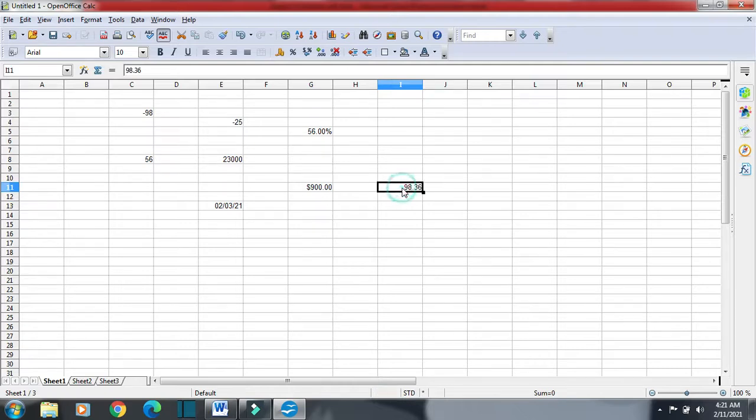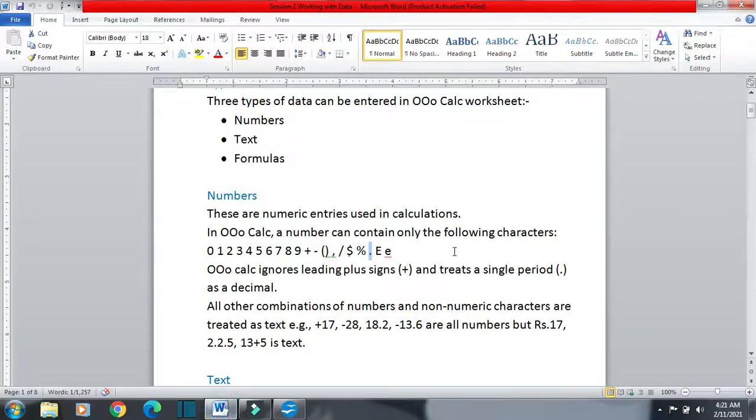So it is seen as a number. But if we put double, then you can see it will be seen as a text. If you put single period, it will be seen as number, but if you will put double period, it will be seen as text. You can see it is now left aligned because it is seen as text.